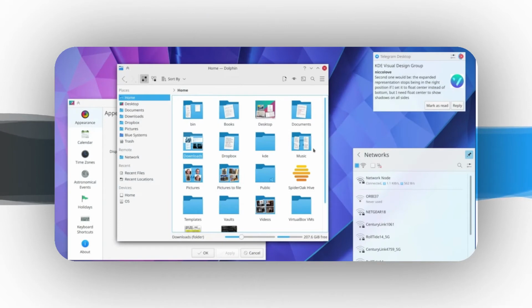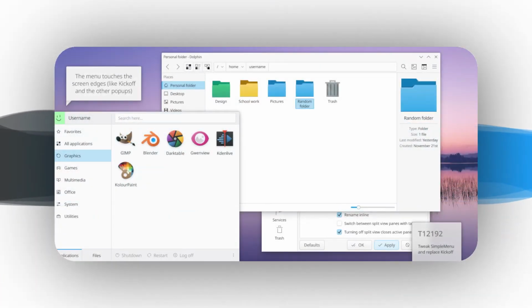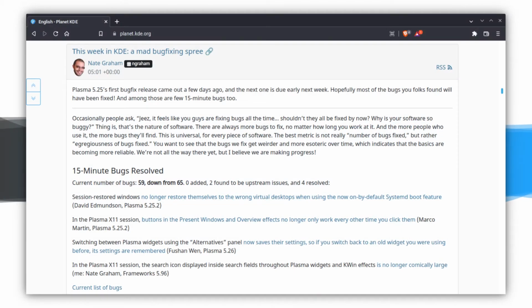The face of the default KDE experience for a while has been the Breeze application style. In fact, Breeze has been undergoing a lot of development and refinement over the past few years in order to look more consistent and polished throughout the desktop experience. It's also the default theme for GTK applications on vanilla installations, which aims to match the look of native Qt